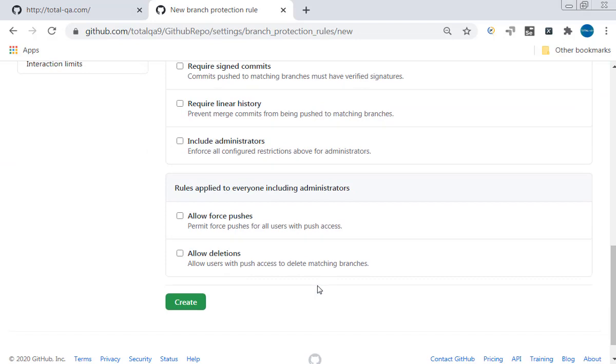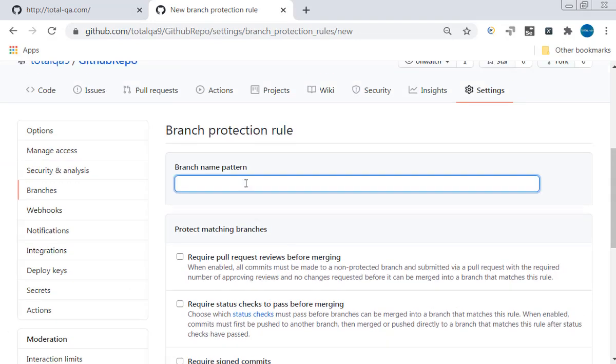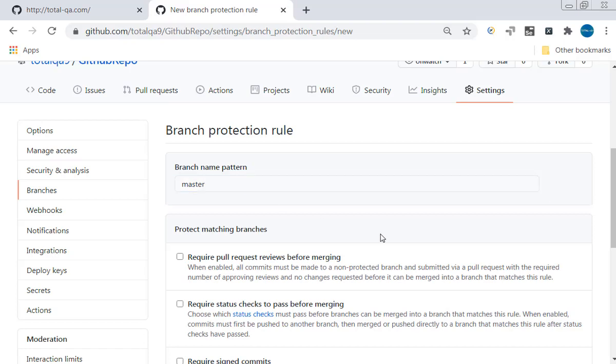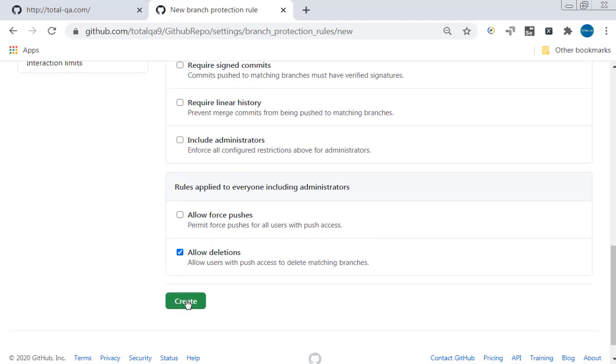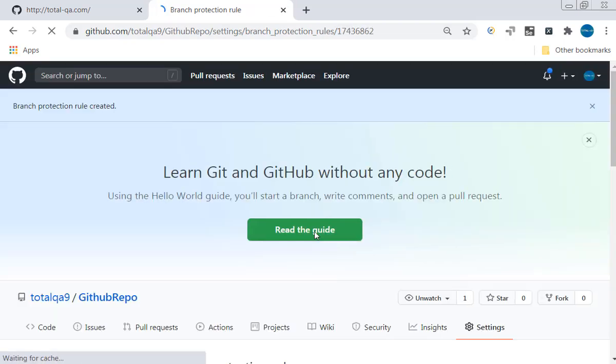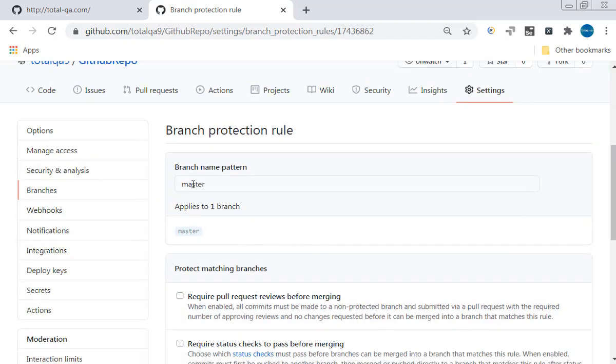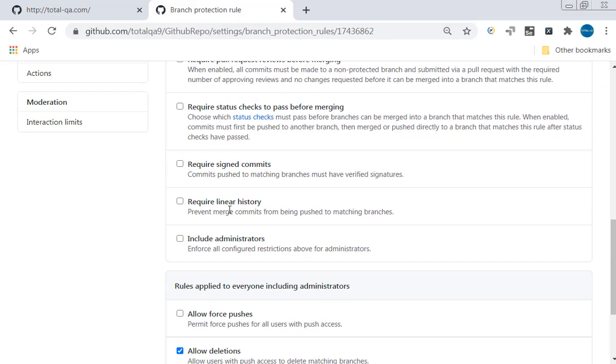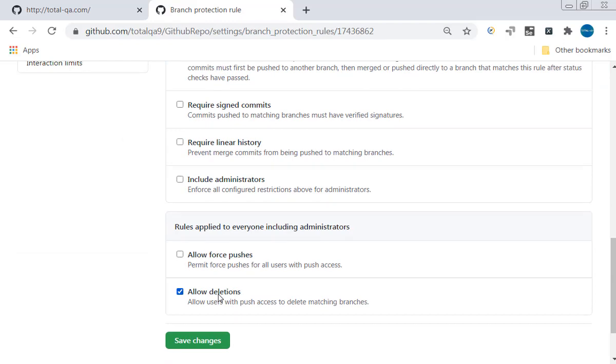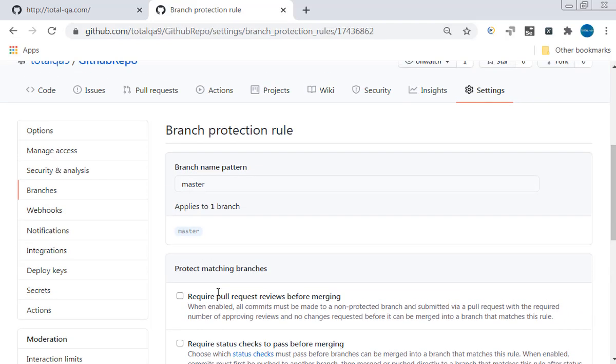So what will happen here? You have to give the branch name. Suppose the branch name I am giving is master. Then you have to select this. Click on create. So the rule for master is created, it applies to one branch. You can scroll down. That is already selected. So branch protection rules we can select in the case of a repository to provide specific access.